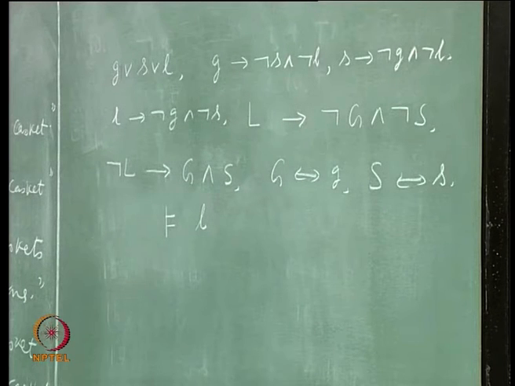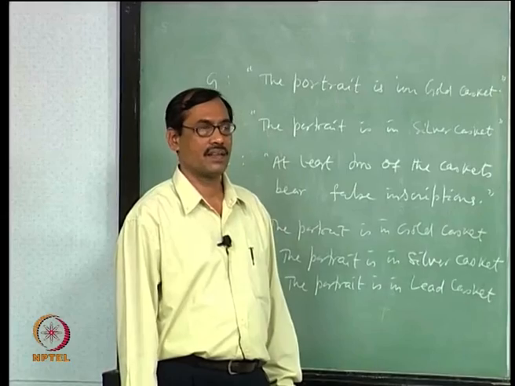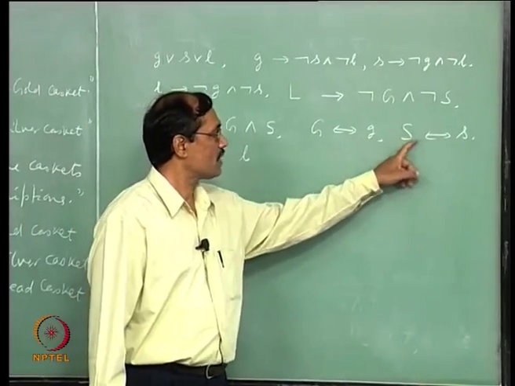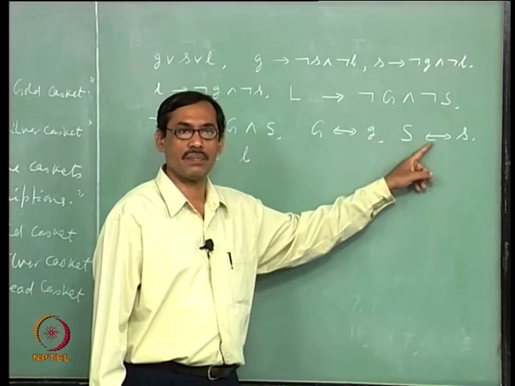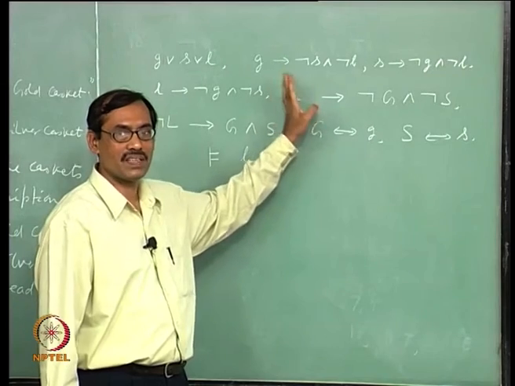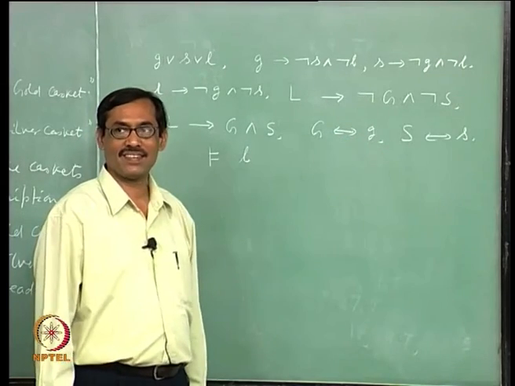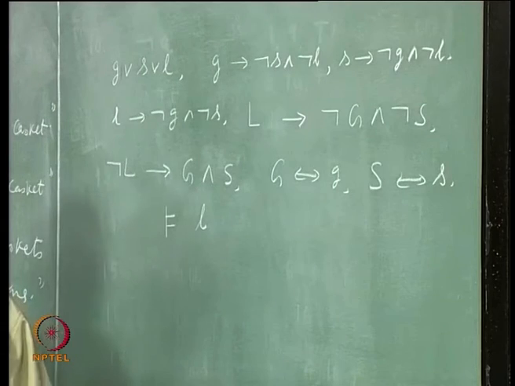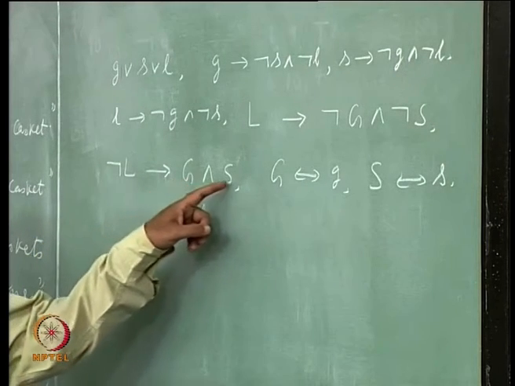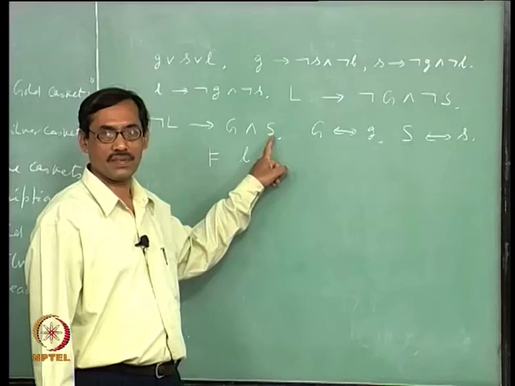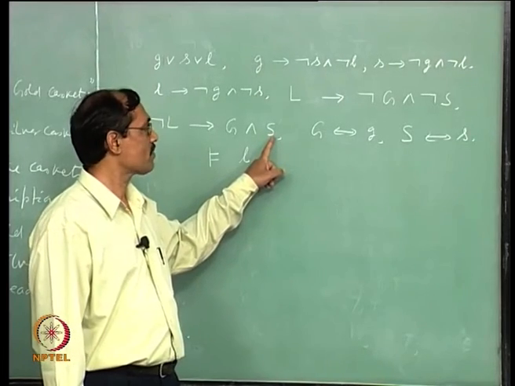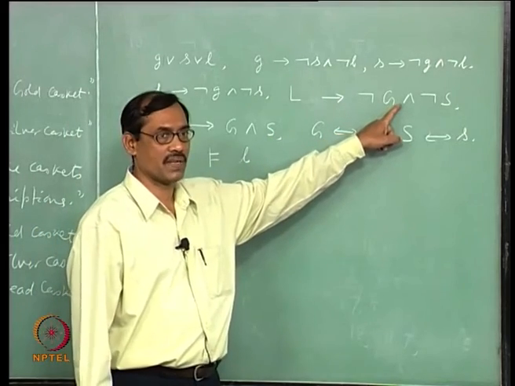There are so many, but so many may not be relevant. So, first thing is look at this capital G, small g, capital S, small s. These two are premises, we do not need to consider all those capitals and smalls. Is that okay? For G and S, instead of this capital G and S, we could have taken small g and s also. That is our first observation.